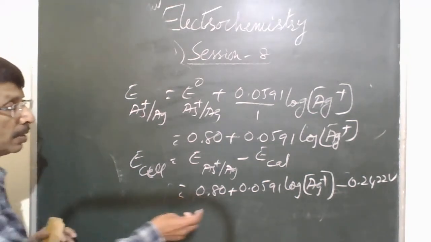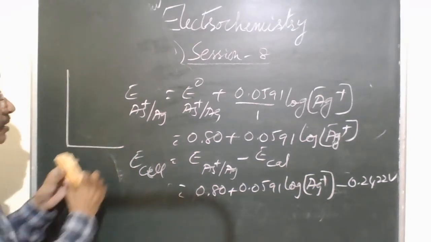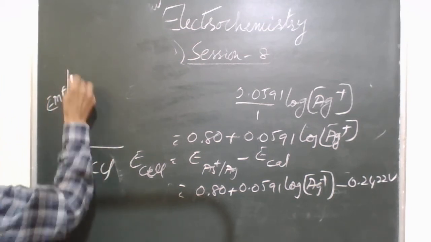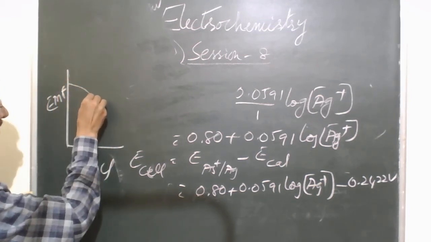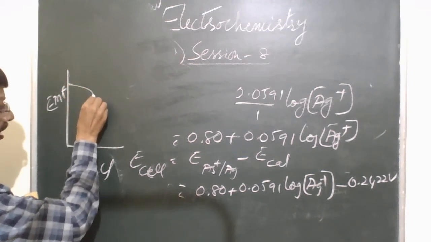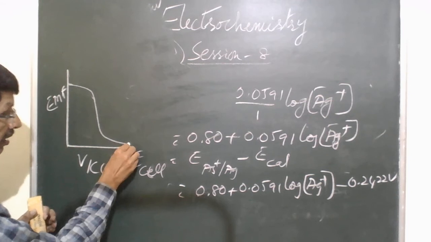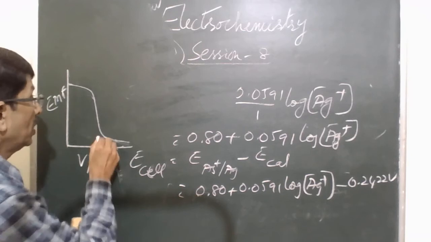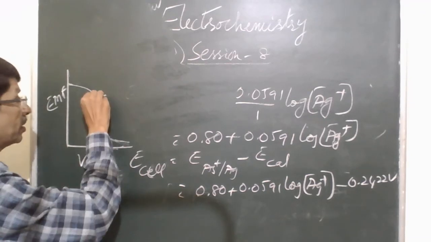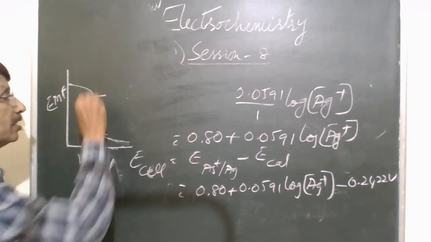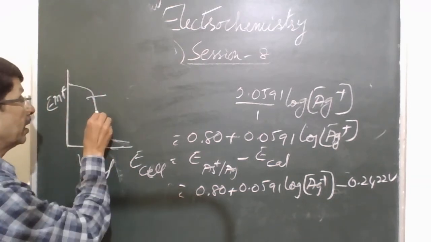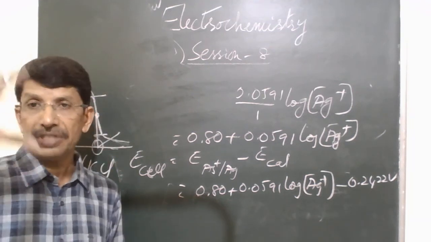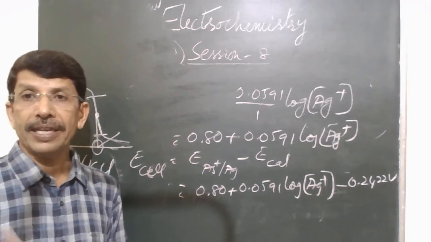If you look at the graph of volume of KCl versus EMF, we find a gradual decrease in the EMF and a sudden decrease at the equivalence point, and EMF remains almost constant after the equivalence point. Then locate the linear portion or steeply decreasing curve portion of the graph, locate the center point, and the volume corresponding to the center point or midpoint of the steeply decreasing curve is the volume of KCl consumed.